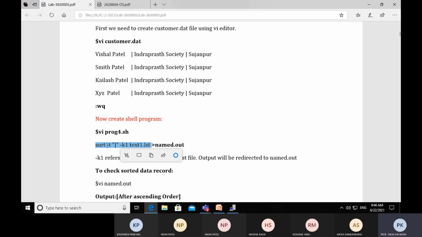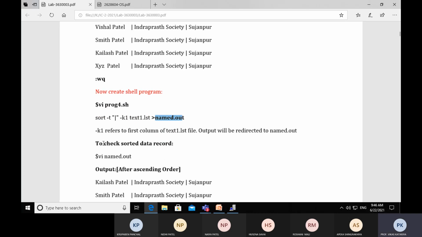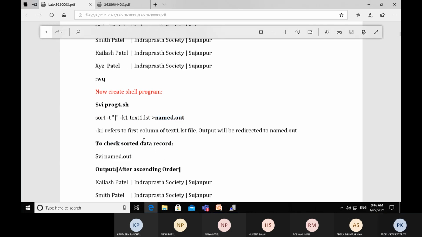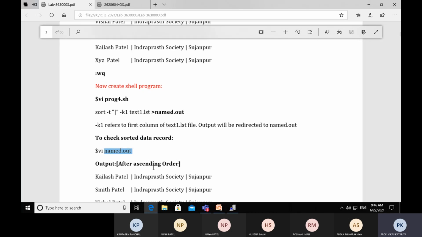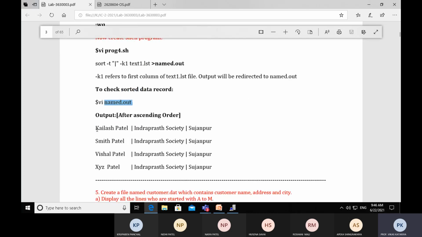After the execution of the sort command, the name.out file will be created and the output of the sort command will be redirected into it. If you want to check the sorted data records, we can open vi name.out, and it will be sorted based on customer name.